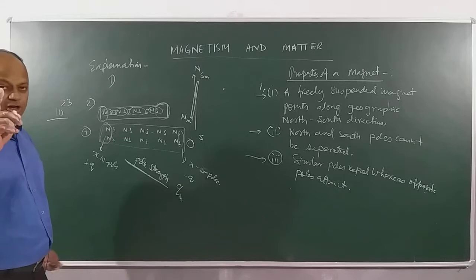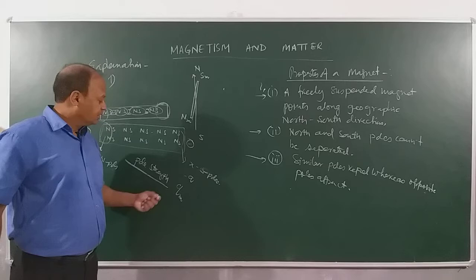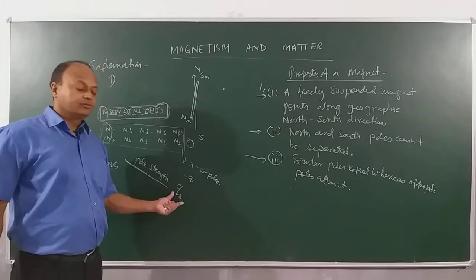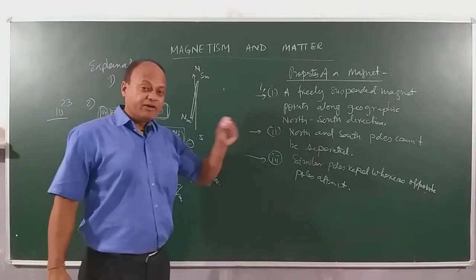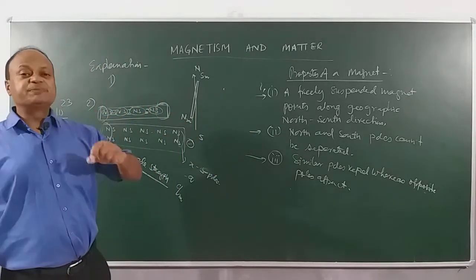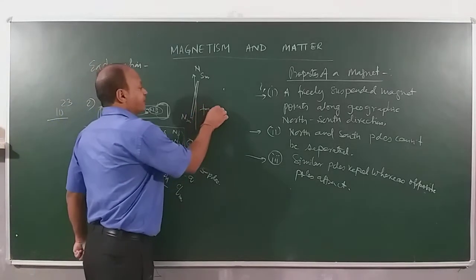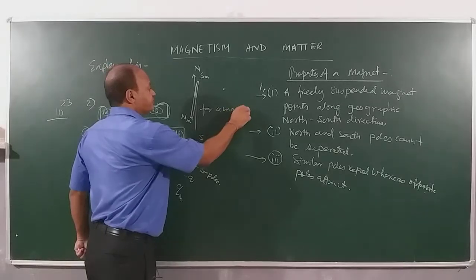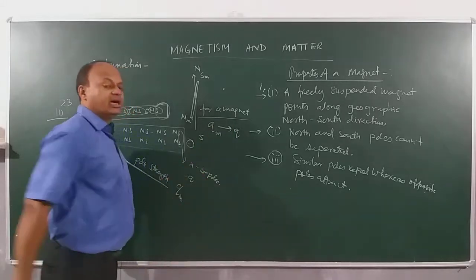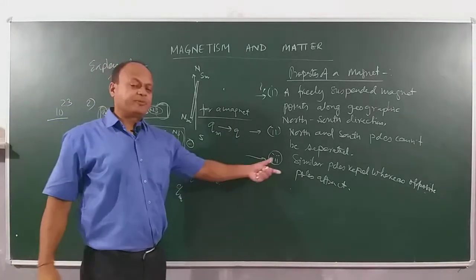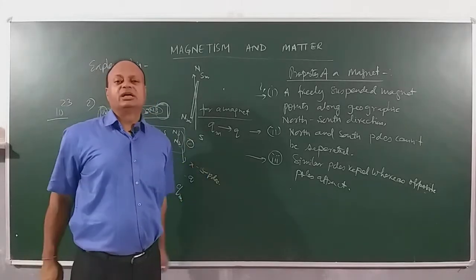Clear? So, remember the analogy that this bar magnet will act as a magnetic dipole, and qm, which is pole strength, will act like what? A charge. So, we saw the explanation for the first two parts, and we also learnt a new term which is pole strength. Pole strength is same as charge, meaning for a magnet, pole strength qm will be same as q for an electric dipole. Clear? And the third property is evident. You can bring two magnets, north and north will repel, south and south will repel each other. Okay?